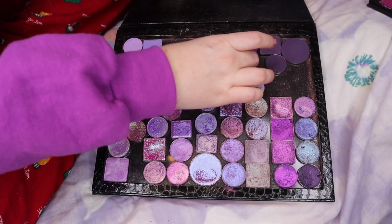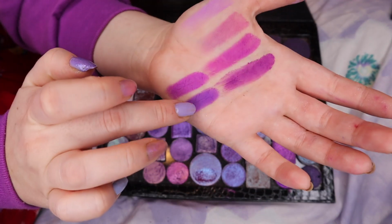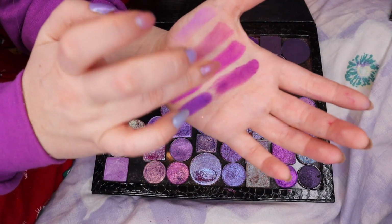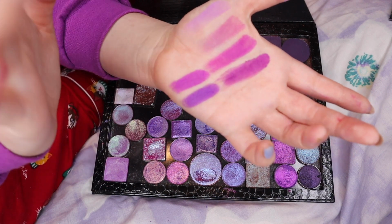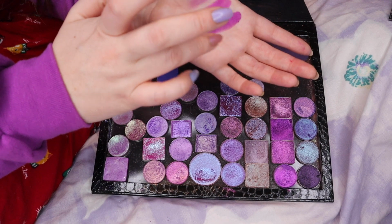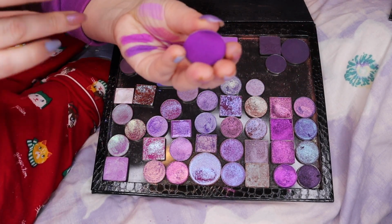this one. And then to compare it to that purple, I want to look at Flighty from this palette. It's definitely more grape than that one, but I think same thing. I'm proving to myself that I have these really nicely pigmented purples. Even if they're not exact, they're good enough. Whoever said that I need that exact color. And then while I'm in these deeper purples, or deep bright purples, I want to look at Perp Smurf from